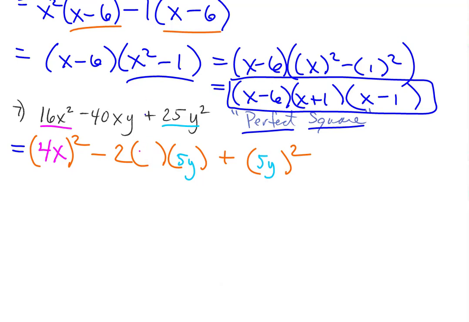Let me rearrange some things here. So we're putting a 4x in that first blank in the middle, coming directly from the 4x we put in the first blank. Okay, so we're going to now just verify that this all actually works. The product of these factors in the middle better equal this middle term. Well, notice we have now -2 times 4 times 5. Well, that happens to be -40, so that's good. And then we have x times y, which happens to be the xy. So you have to verify, as it does in this case, that the middle term does actually match in this